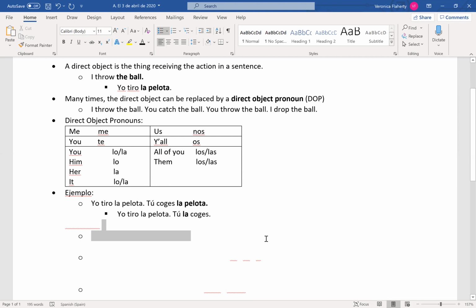Okay. And we should talk about the placement of these words. So there are actually different places in a sentence where direct object pronouns can go. Does anyone remember from the video, I know it was a couple of days ago, but how many different places it can go? 4. Close. It can go in 3 different places.